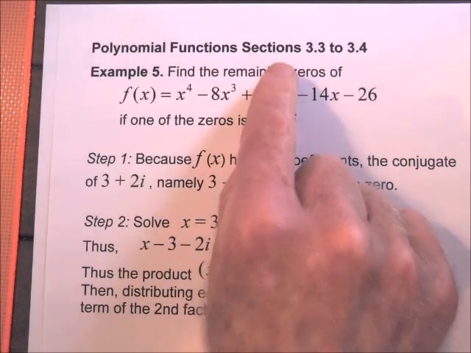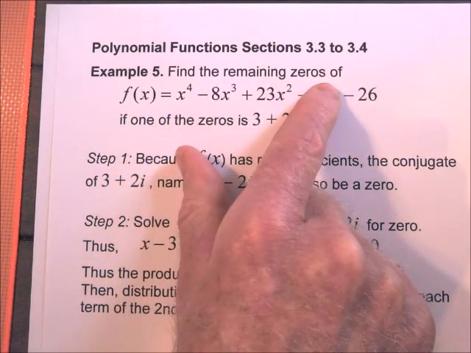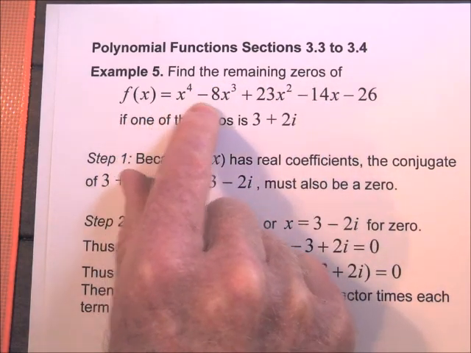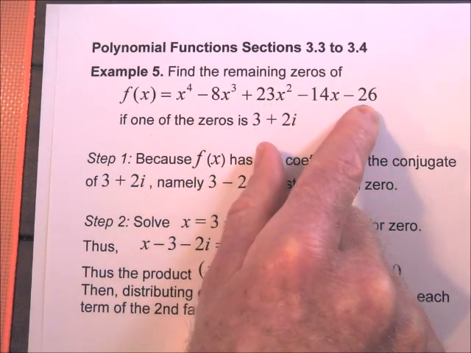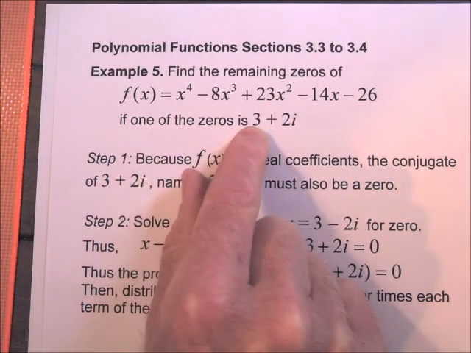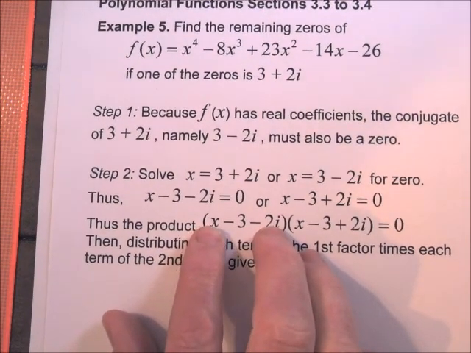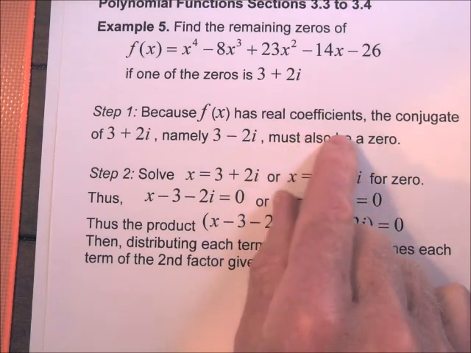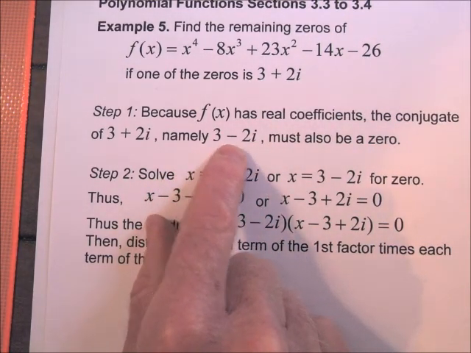Polynomial functions, sections 3.3 to 3.4. Example 5. Find the remaining zeros of f of x equals x to the fourth minus 8x cubed plus 23x squared minus 14x minus 26 if one of the zeros is 3 plus 2i. Step 1. Because f of x has real coefficients, the conjugate of 3 plus 2i, namely 3 minus 2i, must